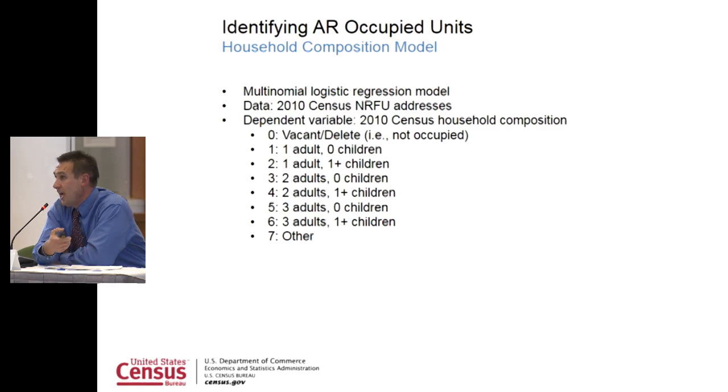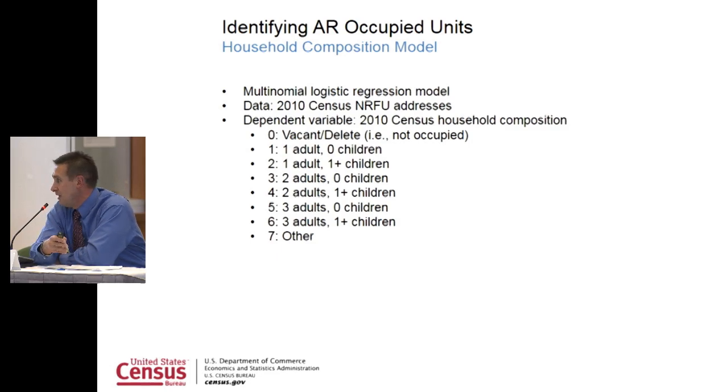We also take into account the other model, which I was talking about, which is how the household composition that we observed in administrative records compared to what we actually saw in the 2010 census. So we have our training data from 2010. Our dependent variables are these 7 categories of combinations of the number of adults, 18 or older, and whether children are present or not. So we're able to classify our census dependent variables for this.